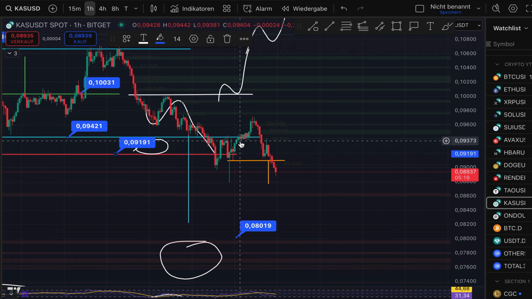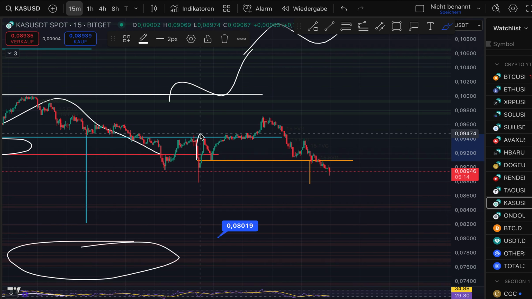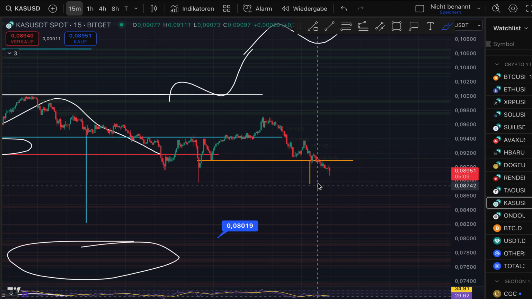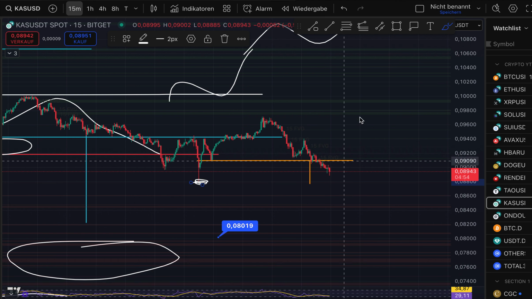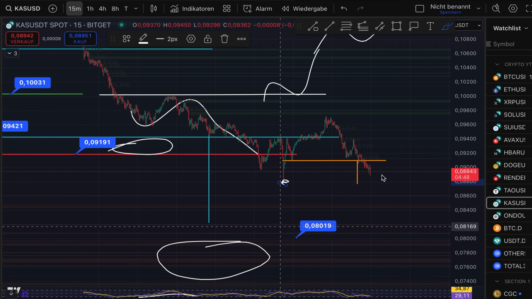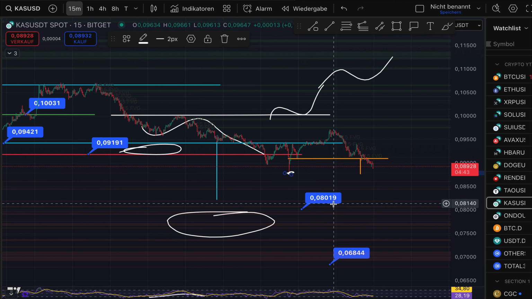So if we switch into the 50 minutes chart, then this somehow looks to me like a small head and shoulders formation. If we just take the length of one shoulder, then it's going to be 8.76 cents. If we get a candle close right there or lower than that, then this would also be the follow through to this breakout right here. So basically, then the target of 8 cents to 6.8 cents is going to be very realistic for me for Kaspa,